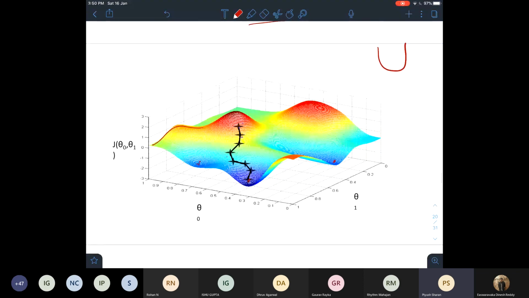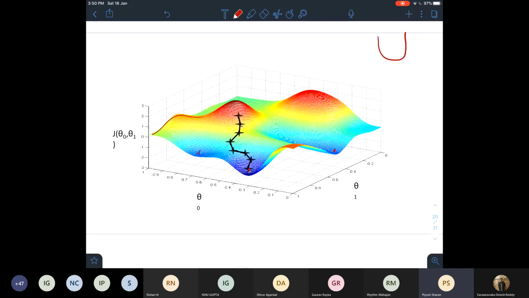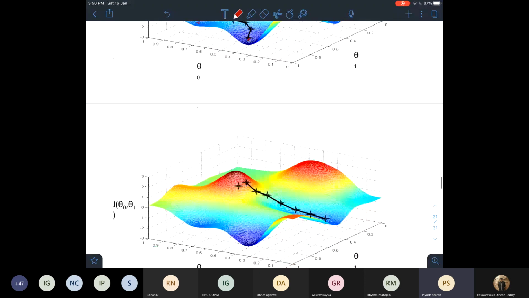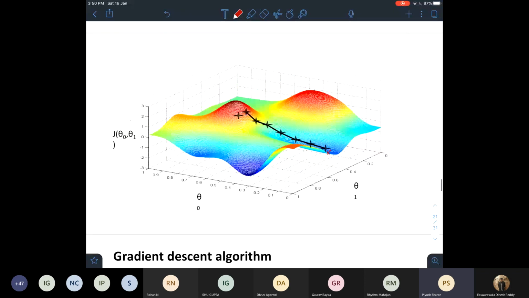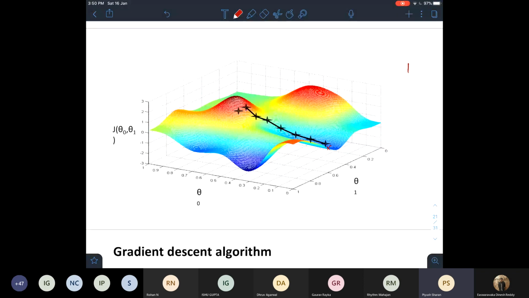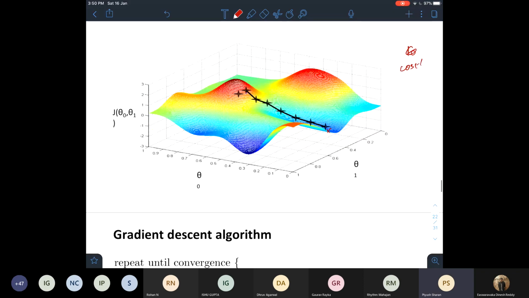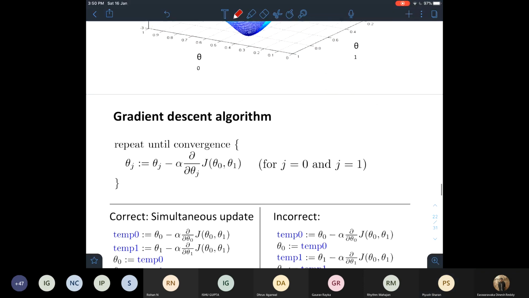So if gradient descent is employed on a non-convex function, or a non-bow shaped function, it might not end up at the global minima, but instead it might end up at a local minima over here. So you need to be careful that the function you're choosing, which depends on the cost function, needs to be convex.